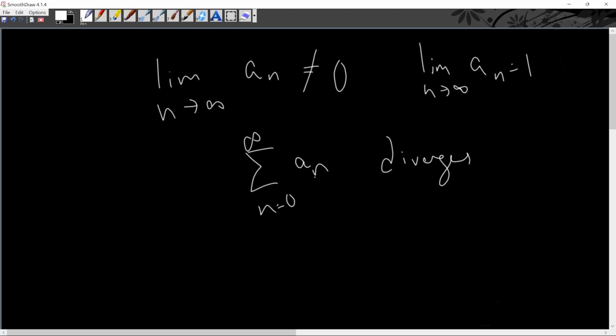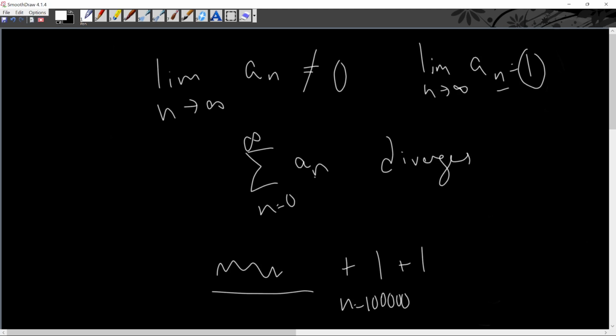Let's assume this is true, right? If we start at n is equal to 0, and since the limit as n approaches infinity of a sub n is equal to 1, you most likely will not have the first couple of terms equal 1 exactly, but let's just say that some stuff is going on up in the front, but once you get to higher and higher values of n, you're just getting closer and closer to 1, right? And say this is n is equal to 100,000, some really big value of n, then you have